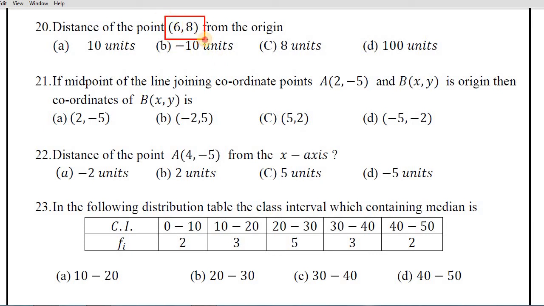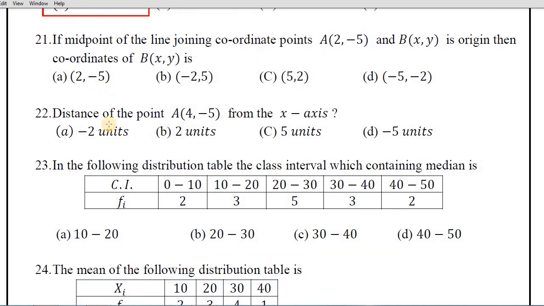See here the given coordinates are 6 comma 8. Find square of these numbers and do the root for that. So 6 square means 36, 8 square means 64. 36 plus 64 is 100. Root 100 means that is 10 units. Therefore here the right answer is 10 units. Always don't use the formula, just use sometimes your common sense also to save your time in the examination hall. So next go for